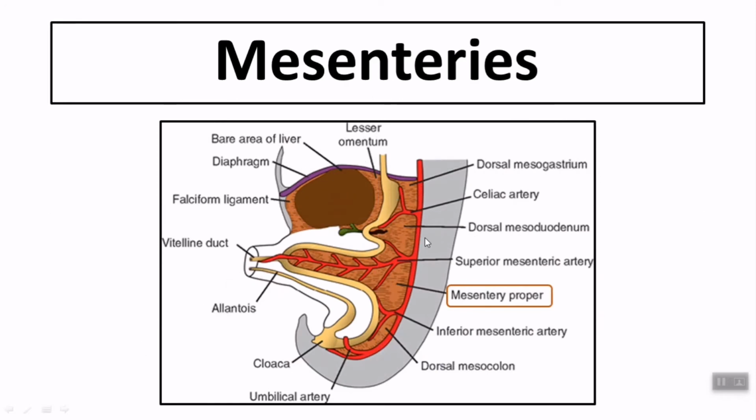This diagram shows the embryonic origin of the mesentery. We have what we call the dorsal mesentery and the ventral mesentery. In the dorsal mesentery, we can see that the blood vessels of the GI tract pass through it from the abdominal aorta. And also we can see how the mesentery attaches or fixes the gut tube